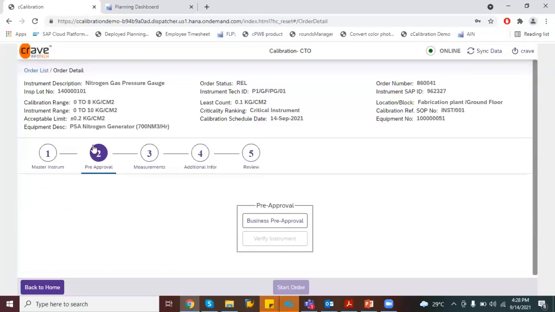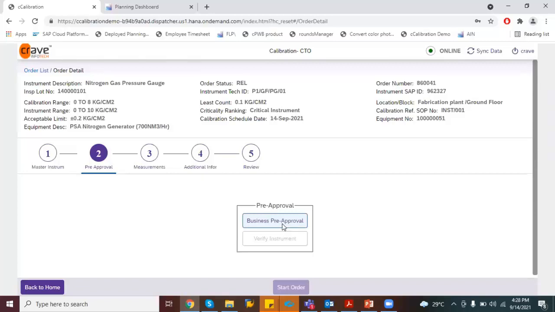Now the second step is the pre-approval. This means the technician will visit the production area and tell the owner of the instrument that calibration is due for their instrument and that he wants pre-approval to start the activity.